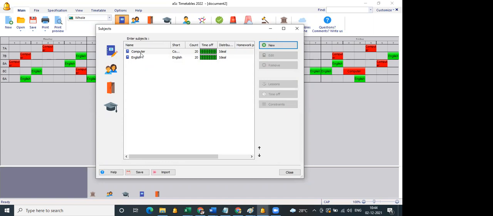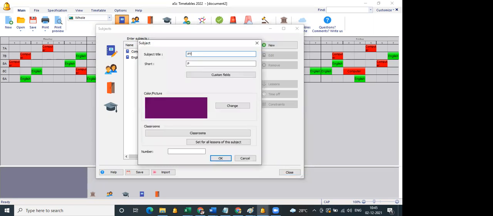If PT happens only in the second half of the day, so probably you want to focus main subjects in the first half of the day. If in mathematics, science, you want to focus only in the first half, and PT after lunch or your second half of the day.